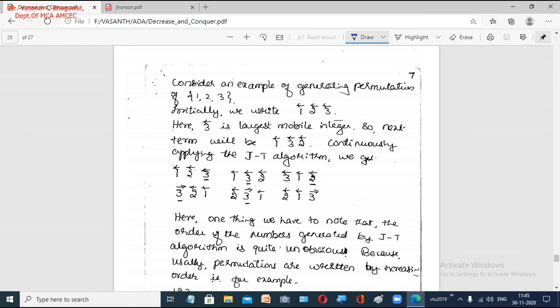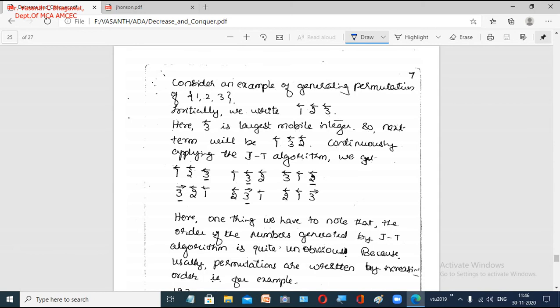The second step says to find the largest mobile component. We have two mobile components, and the largest mobile component is 3. Here 3 is the largest mobile integer. So in the next step, you exchange 3 and the adjacent number to which it is pointing.